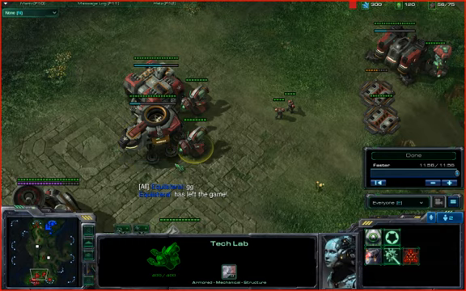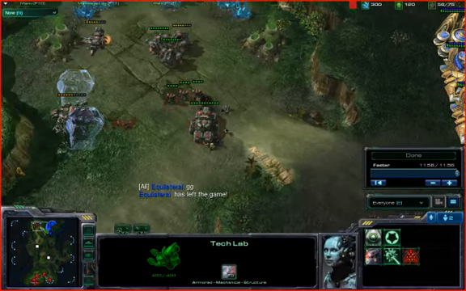You can send Banshees to their base and get Cloak if they do something fancy, like a one gate Robo push. Like if they just rush their first Immortal, you can send Banshees to their base or something, and it's really